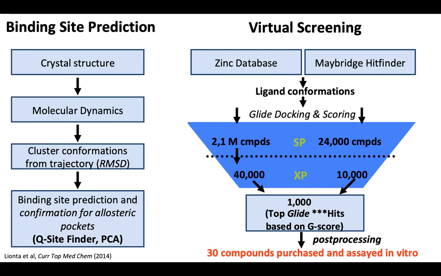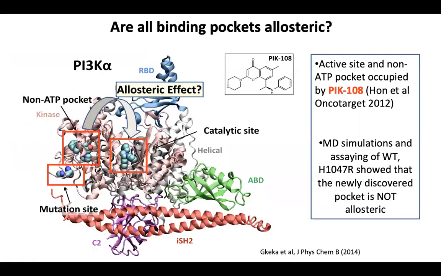but actually not all the binding sites that you can find on a protein are allosteric. Maybe they are there, but don't do anything. So through initial, let's say, basic techniques, initially we confirmed that these pockets were allosteric because they would communicate their motions to the active site through cross-correlation of the residue. And after we confirmed computationally that these pockets are allosteric, we did a screening, a normal virtual screening exercise with GLIDE, post-processing compounds, binding them, and doing the in vitro experiments.